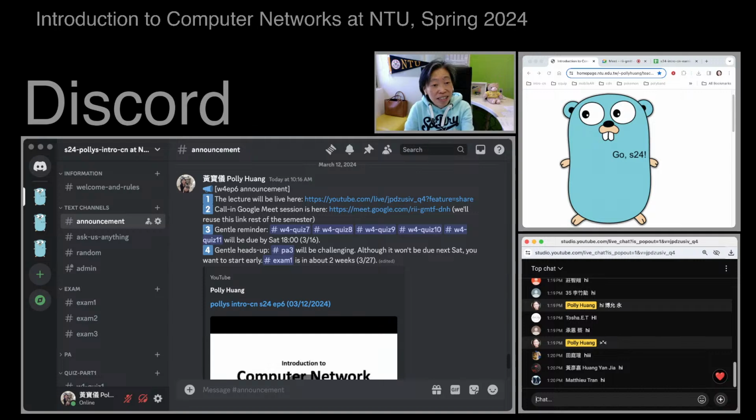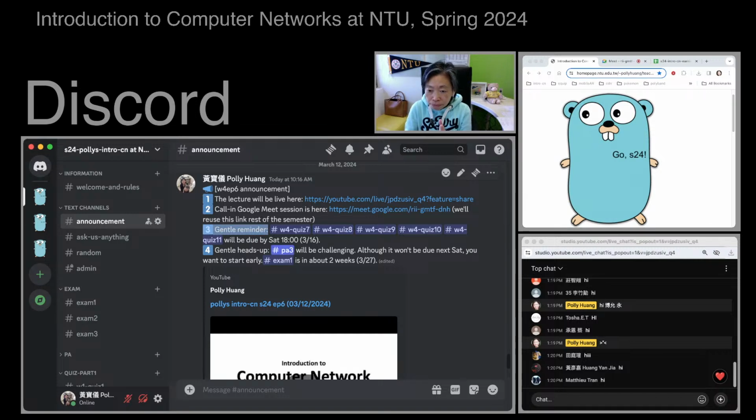And let's check out the announcements, all right? So this is announcement number 3, the general reminder category. Good news is that no PA is due this week, but we do have 5 and maybe 4 quizzes to be due by Saturday. There are more than usual, but I think 4 out of the 5 quizzes are somewhat straightforward.